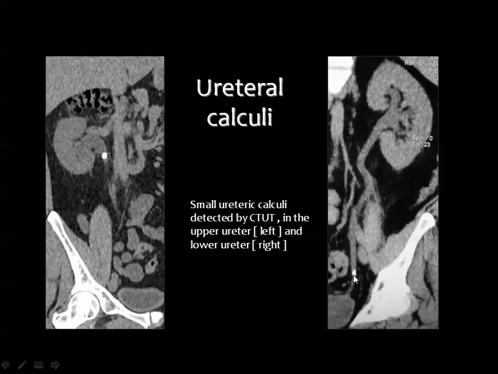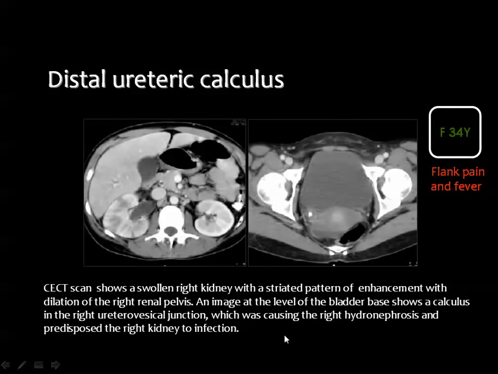This is a stone in the distal part of the ureter with proximal back pressure effect, and this is a stone in the upper part of the right ureter with distension of the renal pelvis proximal to it. And in this CT scan, you can see the left kidney is good, but the right kidney is enlarged and the renal pelvis is distended. Then going down into the pelvis, you can see the cause, which is a small ureteric stone